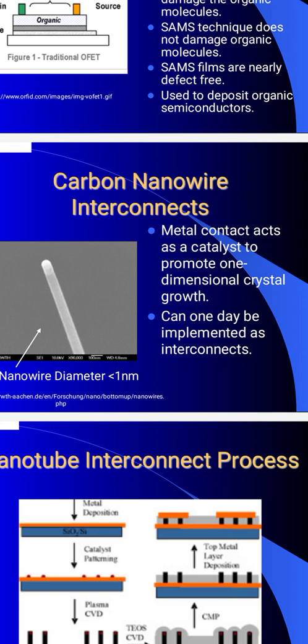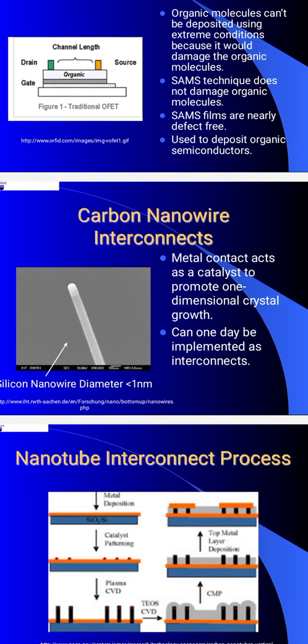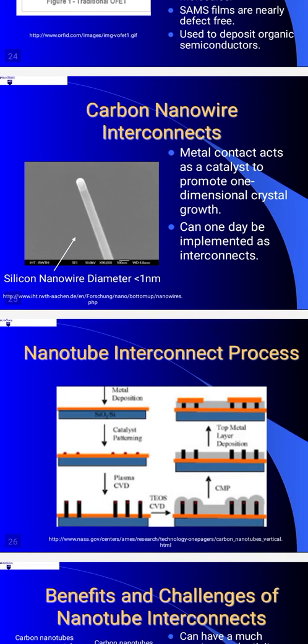So this can be used as the smallest interconnects of electronic structures in nano size, like nano transistors, nano diodes, all these nano chips. You can use carbon nanowires as interconnects. See this, the diameter is less than 1 nanometer, so that means it's almost angstrom size. So you can use very, very small interconnects in those smallest structures.